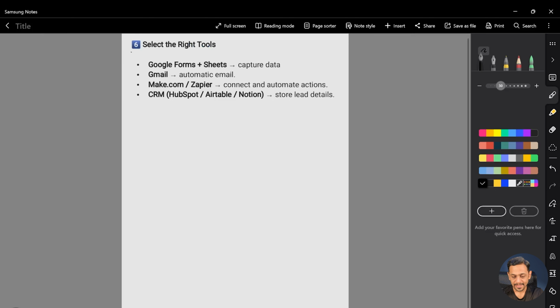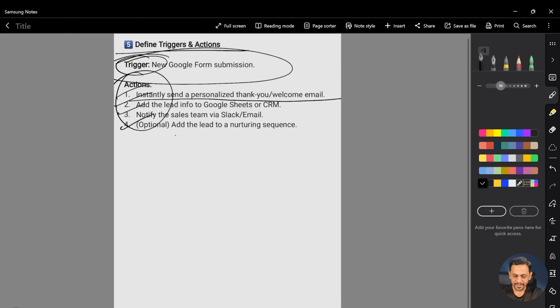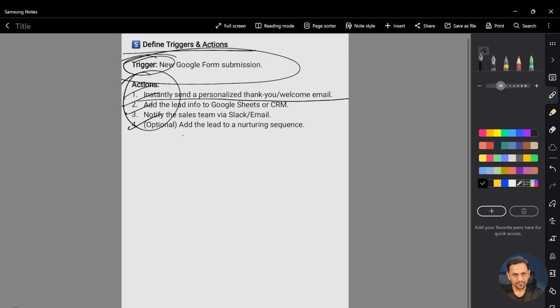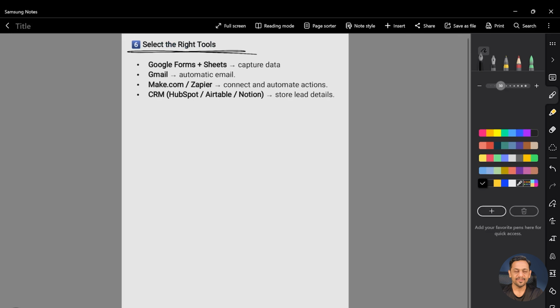The 6th step is select the right tools. Why is this important? Now, if you see, in n8n we've got around 1000 plus integrations. Make has 3000 plus, and Zapier has 8800 plus or something like that. By the time this video goes out, it could also be 9000. We never know. Now, basis the tools that you have selected in step 5, you'll have to see if those tools are available